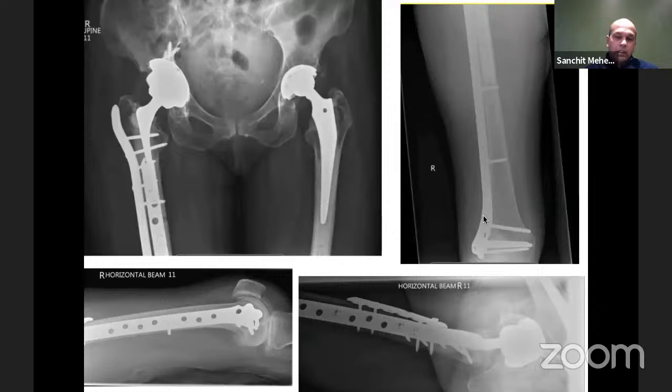So again, the teaching was that you put a strut graft anteriorly or posteriorly, and then you put a plate along it. We've replaced the strut graft with an additional plate, and that plate is used to compress the fracture, and then the long plate is just spanning the fixation. The good thing in this case is because the revision stem was an in-cement revision stem, it is quite small, so you could easily get these many screws across it. The key thing in this case is not to make the fixation too rigid.